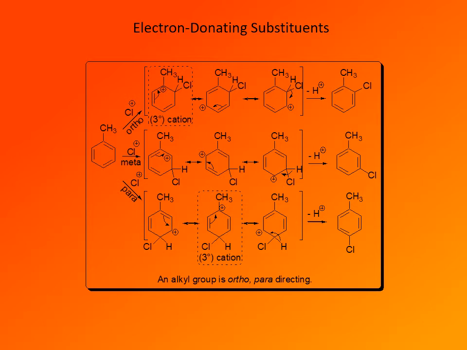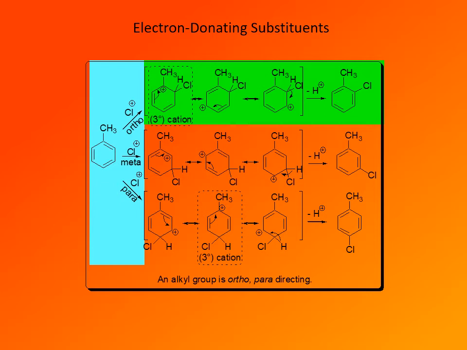So incoming chloronium ion is coming in ortho, meta, or para position, and we are going to analyze each of the three possible reaction pathways. So this would be starting material, and incoming electrophile is coming in any of the three possible positions. So first, in the ortho position, when we consider the stability of the intermediate cyclohexadienyl cation, we can see that